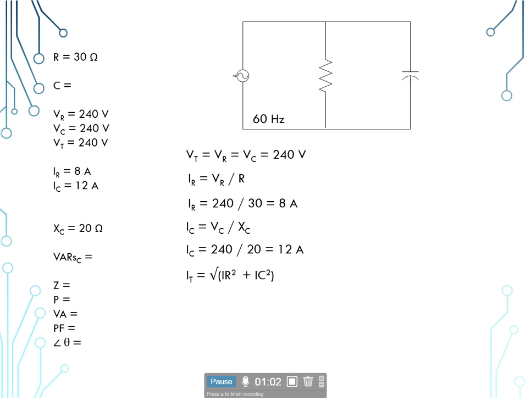And I sub T, as you'll notice, I have the Pythagorean theorem up here. Where in the series circuit we use the Pythagorean theorem to calculate our impedance, we'll be using it to calculate our current in a parallel circuit. So our total current is equal to the square root of I sub R squared plus I sub C squared. So the square root of 8 squared plus 12 squared will give us 14.42